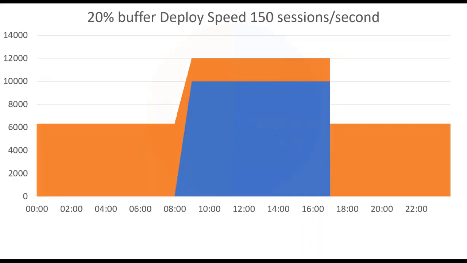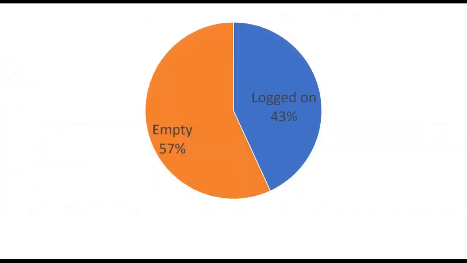And then if you really scale that up to a large enterprise environment, we're talking 10,000 users, what happens here? With the original 150 sessions a second, we now need a larger number of machines to cope with the deployment lag and login rate. Not so fantastic, right? And that actually equates to 57% empty. So there's always challenges when you're working in public clouds. So it's slightly different, right? Because we haven't paid for this tin. We're just paying per usage.